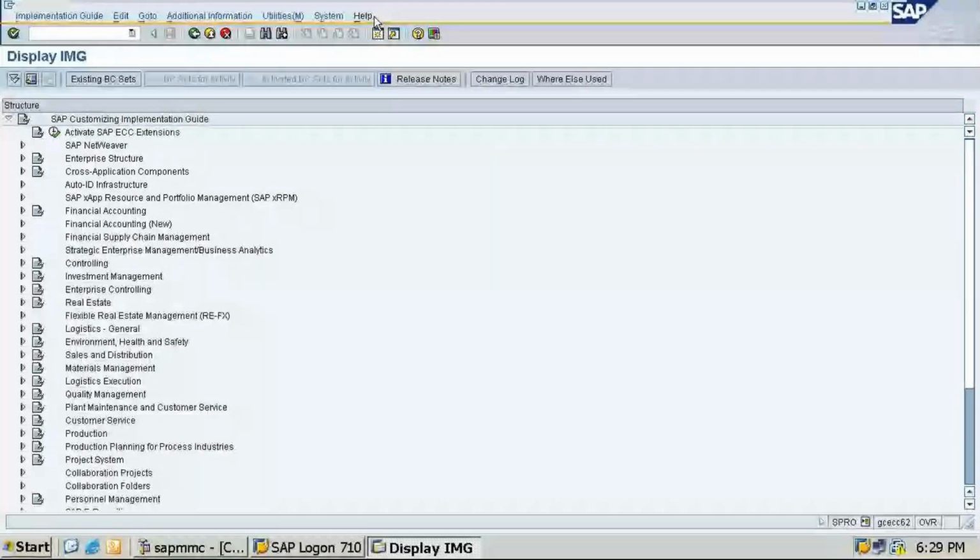So I just sent the T code bar. Everyone will get it. Click on SAP Reference IMG. Are you all getting it, students? Reference IMG. Okay, so you will get the screen display image.